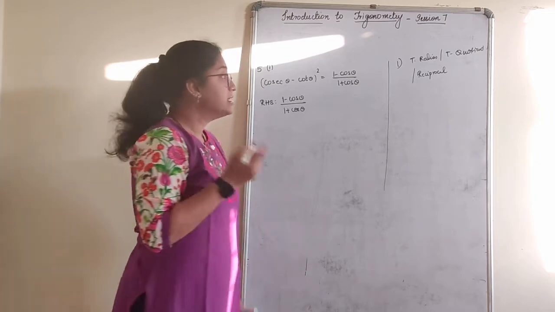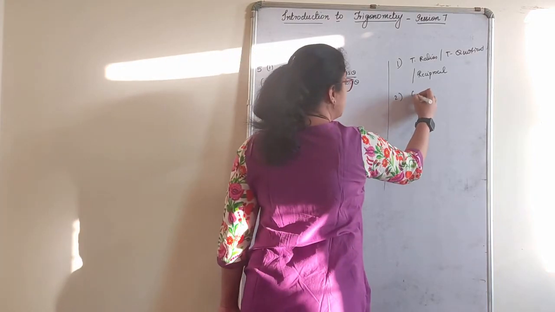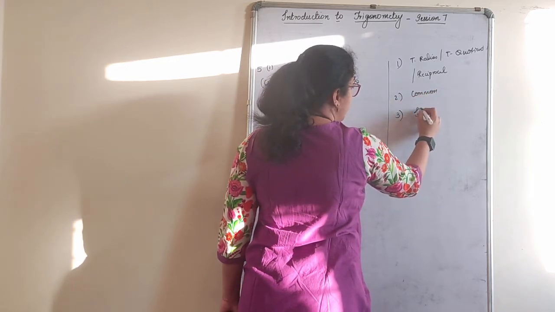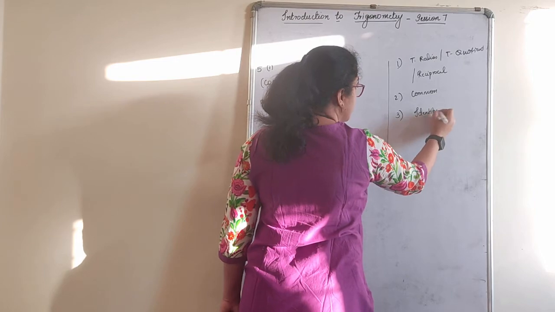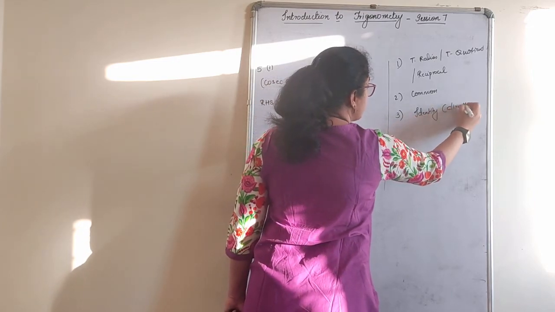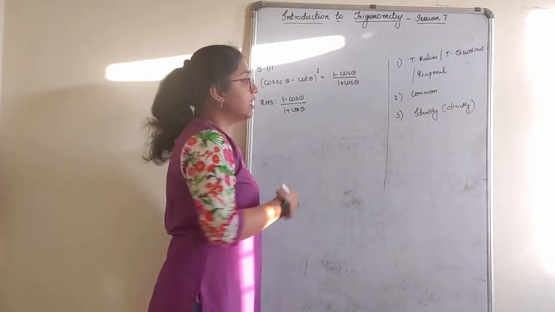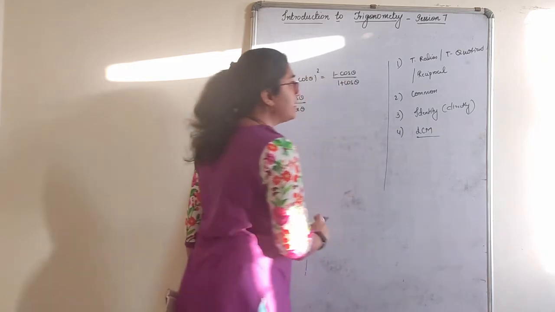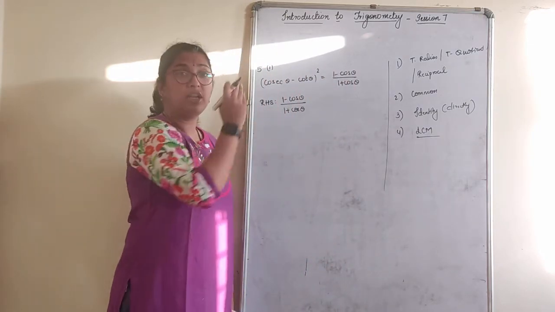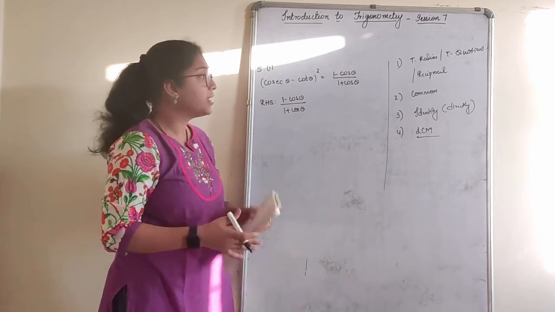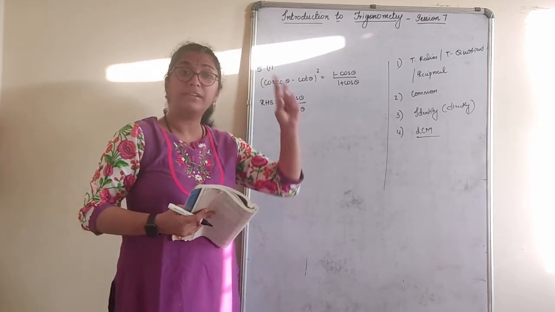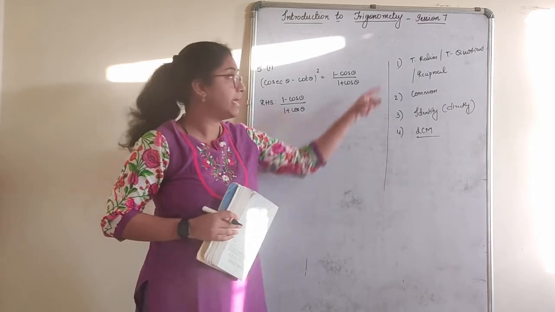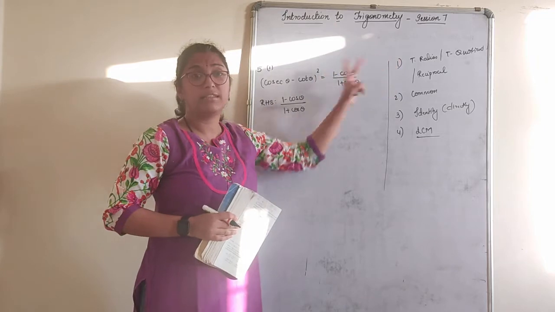That is our first rule. The second rule is to check whether we can take anything common, if possible. The third thing we check is whether we can apply any identity directly. And after we apply the identity, we check whether we can take the LCM and solve this. These are the steps we look for in the given sum. When I talk about identity, it could even be an algebraic identity, or directly the trigonometric identity I can apply. Remember these things.